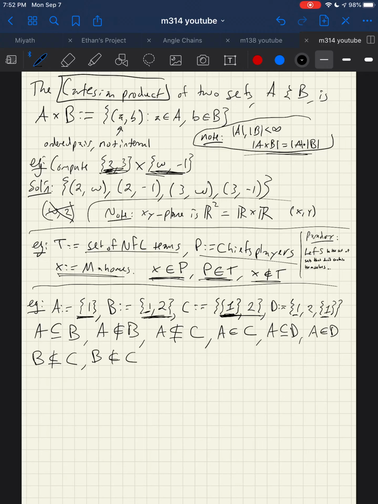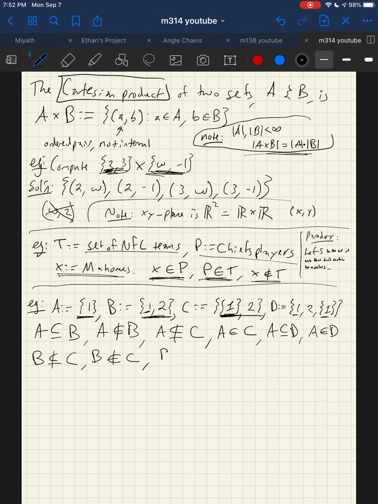B, moreover, is not an element of C because I don't have the set containing the elements 1 and 2 listed inside of C. There's a mosquito. Dang it, if I wasn't recording a video, I would have awkwardly swatted at the mosquito and missed, perhaps breaking something. Now the mosquito is probably going to bite me. Anyways,